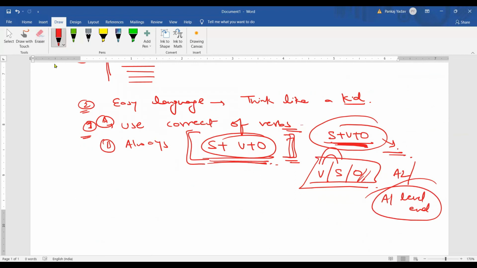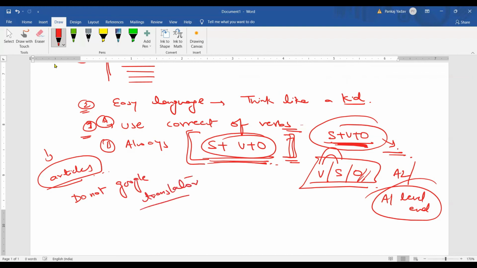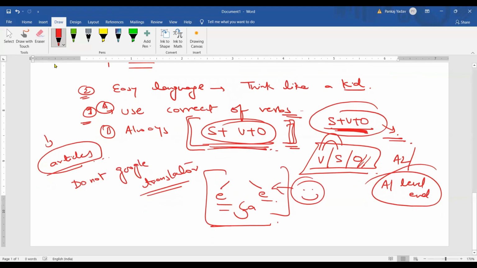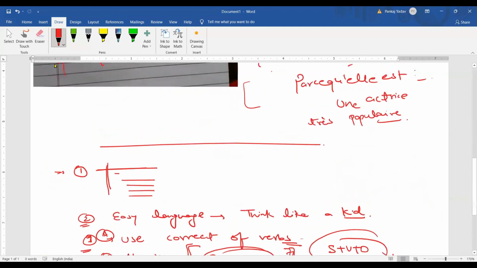All right. And see, positive thing about this letter was there was no mistakes concerning articles. All right. Use articles, proper articles. All right. Do not use Google Translator. Take care of French accents like this. All right. Ça va. Take care of these things. Otherwise, you will lose marks. It looks like this thing looks like face of someone. All right. Just you need to take care of such things, and you will gain marks.